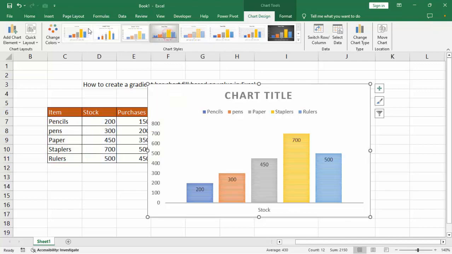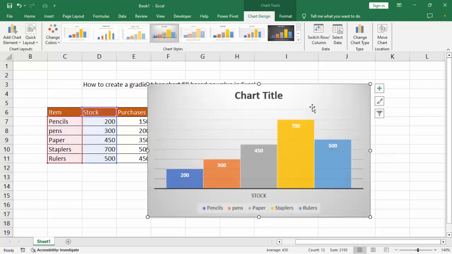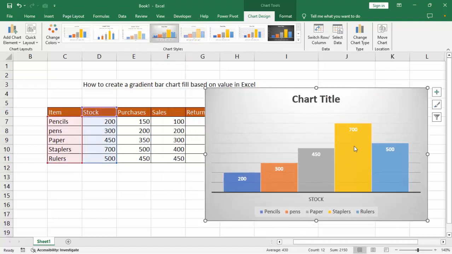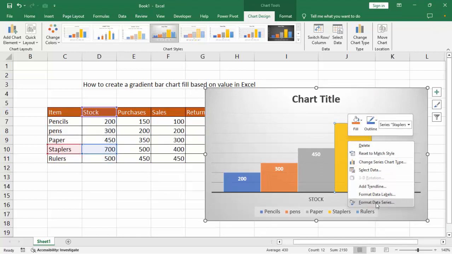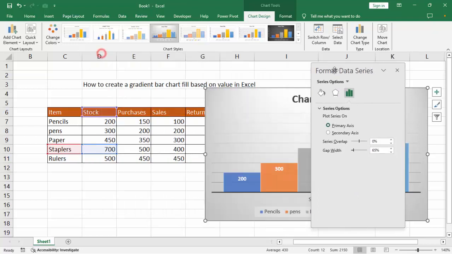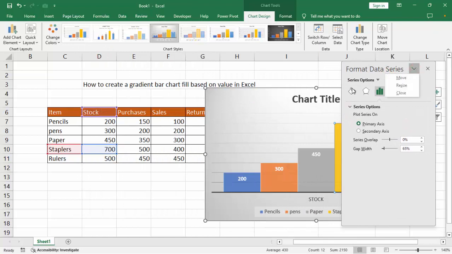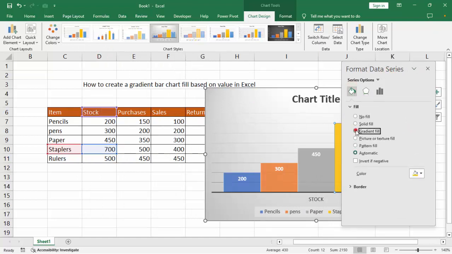Click with value or this, then select the bar, then right click the mouse, go to Format Data Series, select the fill option, gradient fill,